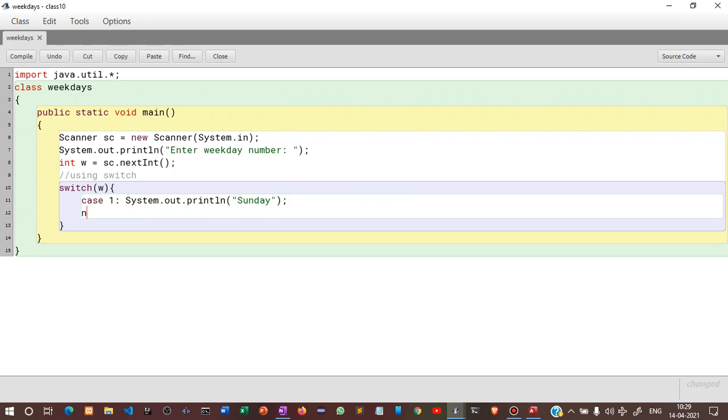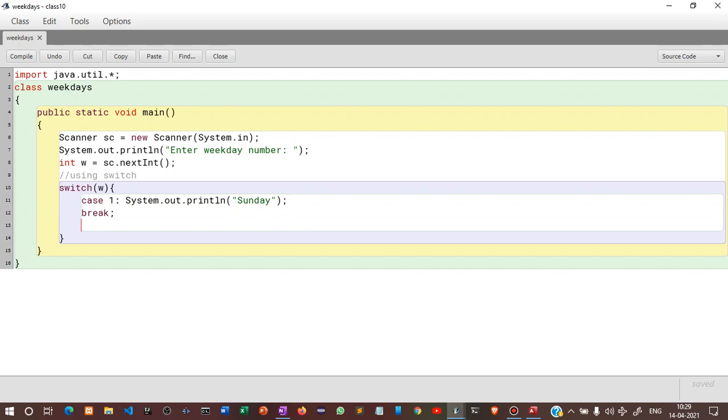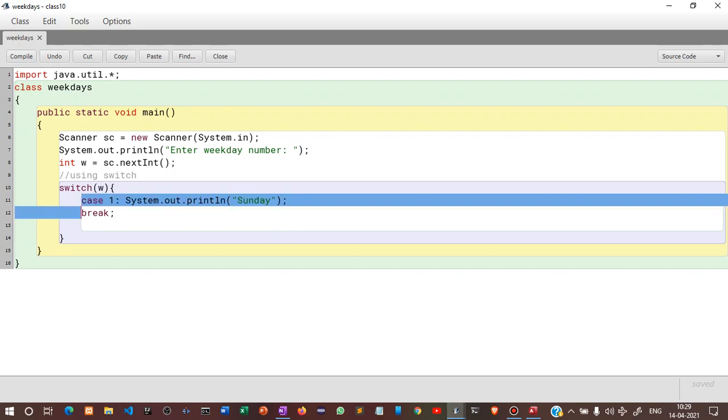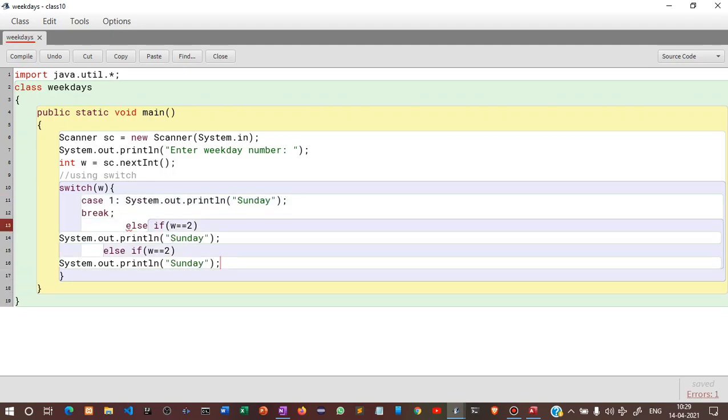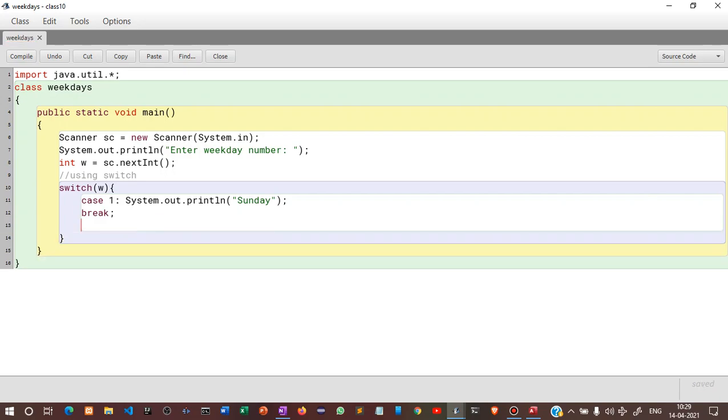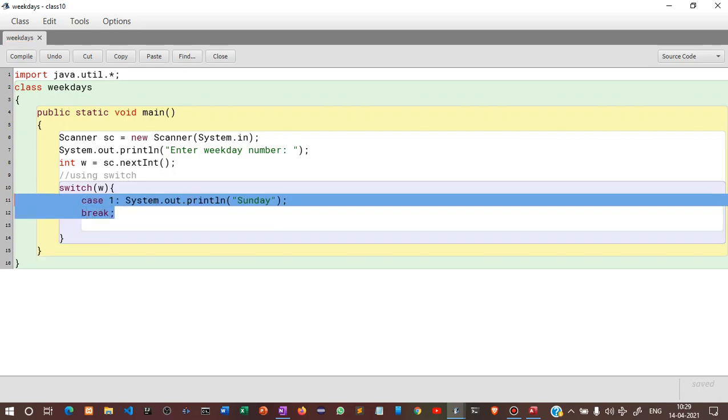Then we will write the break statement, because if you do not write the break statement, the rest of the cases, case 2, case 3, will also show up. That is called fall through. We will write this same statement again and again, so we will just copy it.